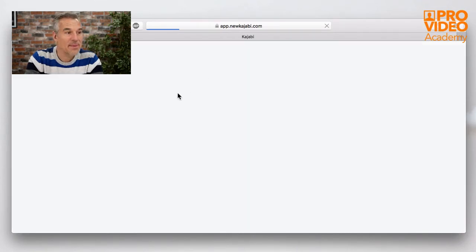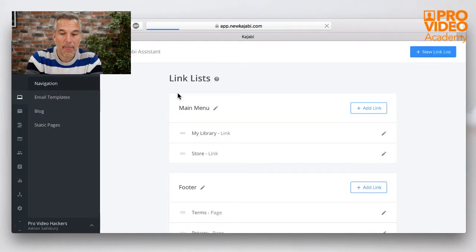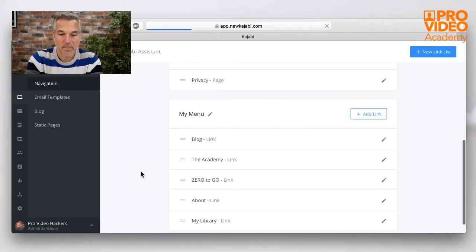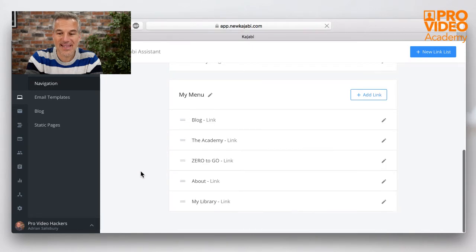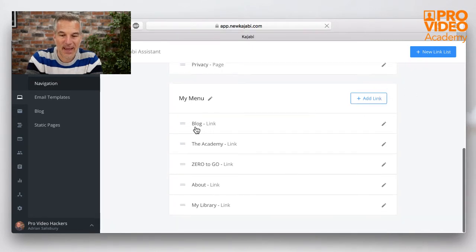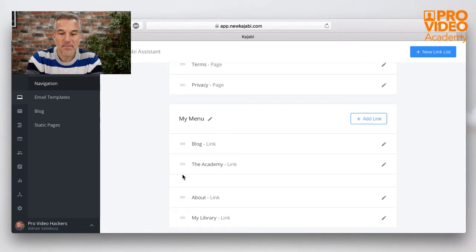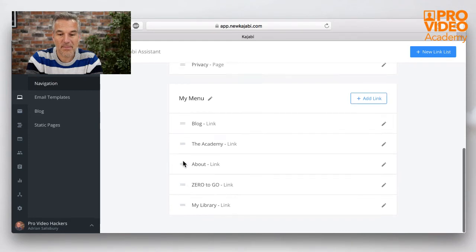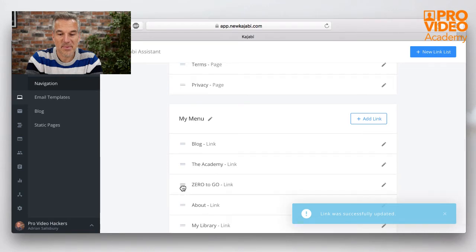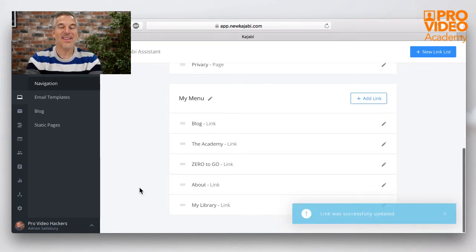And so I'm now creating my own menu. If I want to move around, you can see there, add a new link. So that's really adding in a new page. If I want to change the order of these, I click on this little symbol on the left and kind of drag it and it will move around and go into a different order. If you decide afterwards you need to change the name of it, you can come back into here. Messed that up, didn't I? Let's put it back how it was. Okay, so that's your navigation.